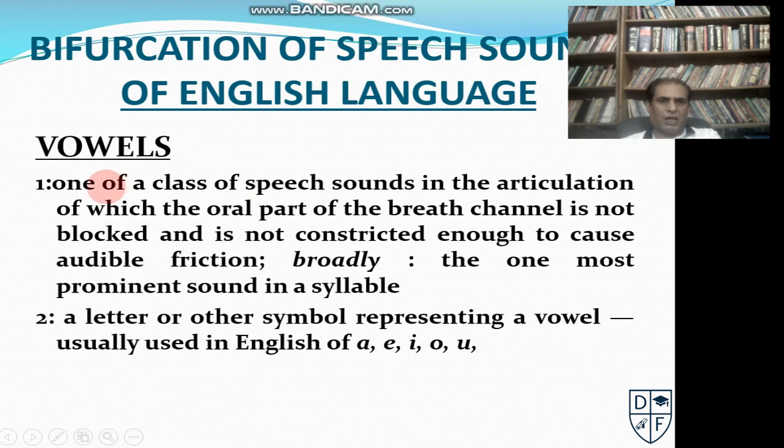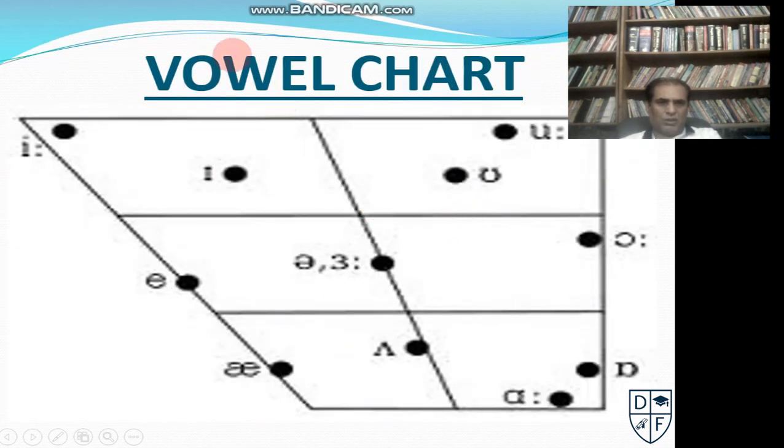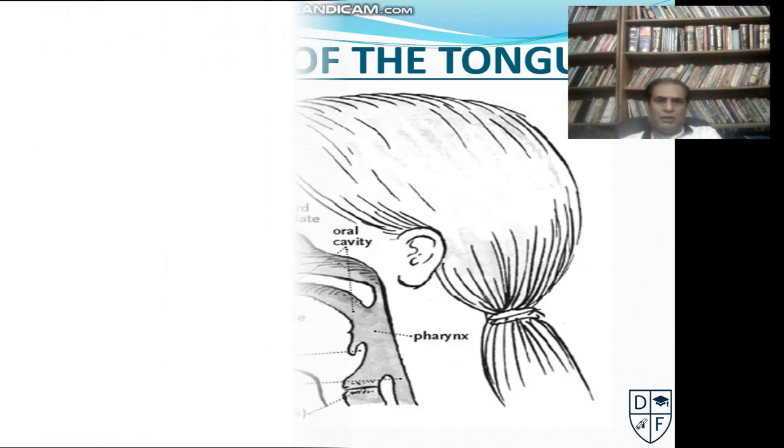We talked about the vowels, of course. We talked about this chart: the front part of the tongue, mid of the tongue, back part of the tongue, and also the closed part, half closed, half open, and the open part, right. These are the front vowels, mid vowels, and the back vowels. We have 3 front vowels, 4 mid vowels, and 5 back vowels, total 12. Then we talked about the